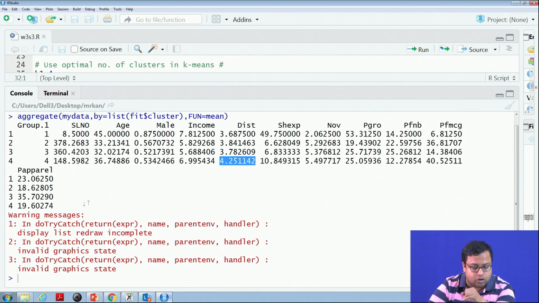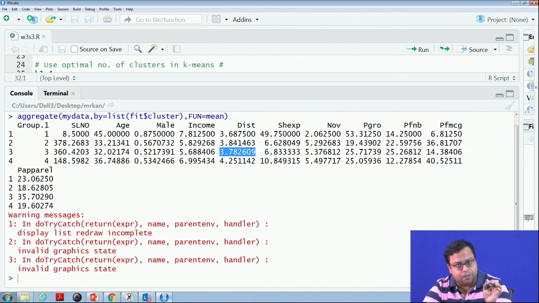On the other hand, there is another group whose major purchase is apparel, you will see 35, and these guys are the youngest, 32, with more or less more females than the other groups, and their distance is the shortest, 3.78. So the closest guys are obviously the B2B guys, and then these guys who come to buy apparel also want a lower distance. And then group 2 majorly buys FMCG, 36%.